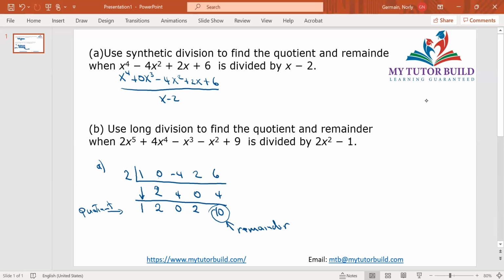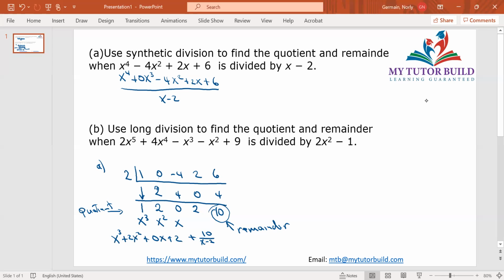Now, because we had power 4, we know the first term would be power 3, the second term would be power 2, the third term would be power 1, and the last term is the constant. Now, if we want to write the solution to this equation, we know it would be x cubed plus 2x squared plus 0x plus 2, plus the remainder. The remainder is 10 over the divisor, which is